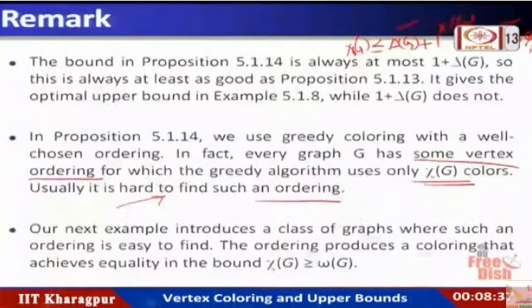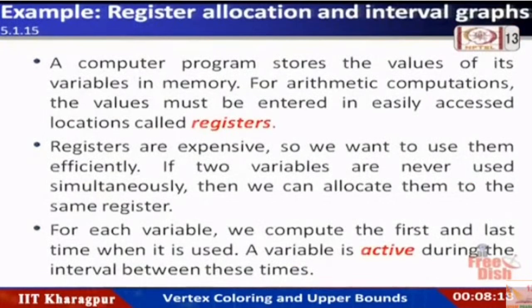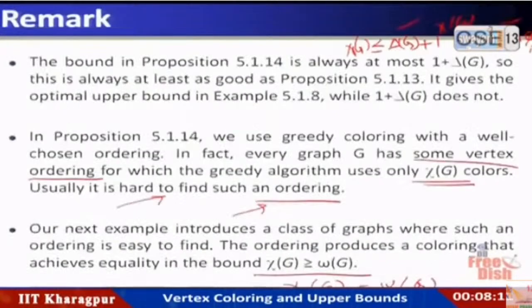Which ordering gives an optimal coloring through the greedy coloring? So the ordering produces a coloring that achieves equality in the bound, that is, chi of G is equal to little omega of G. That we will see. This kind of ordering we can obtain using